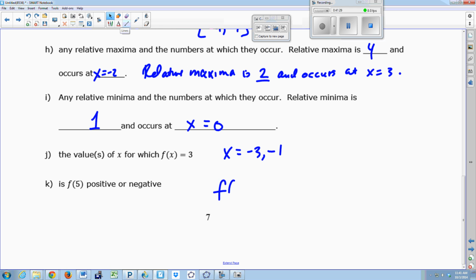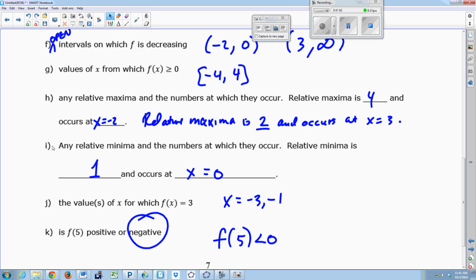So you would write that like this: f of 5 is less than 0. It's negative. Okay? Or you could circle negative. Whatever floats your boat. Okay? Any questions on that? Okay, so